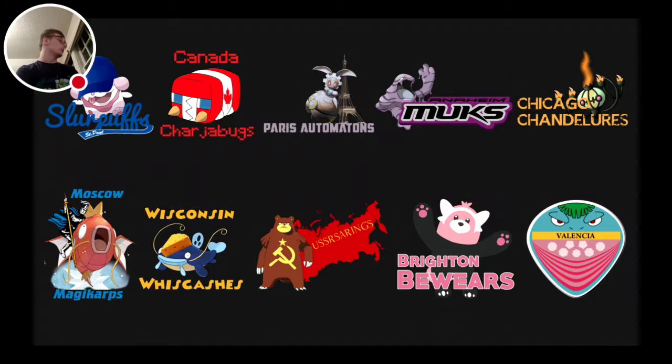he doesn't really have a username anymore. I mean, he used to go by Shockwave LPs. I think now on YouTube he just goes by Mikey B or something. Coach of the Wisconsin Whiskashes. We have the Bearcat, aka Sam, coach of the USS Arcerings. We have Evan, coach of the Brighton Bewares. And last but certainly not least, we have Colin, coach of the Valencia Venusaurs, who you may remember were one